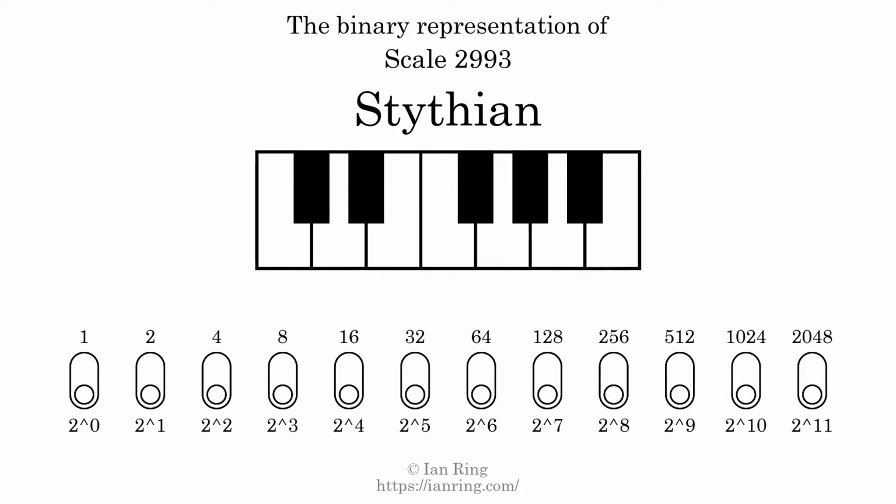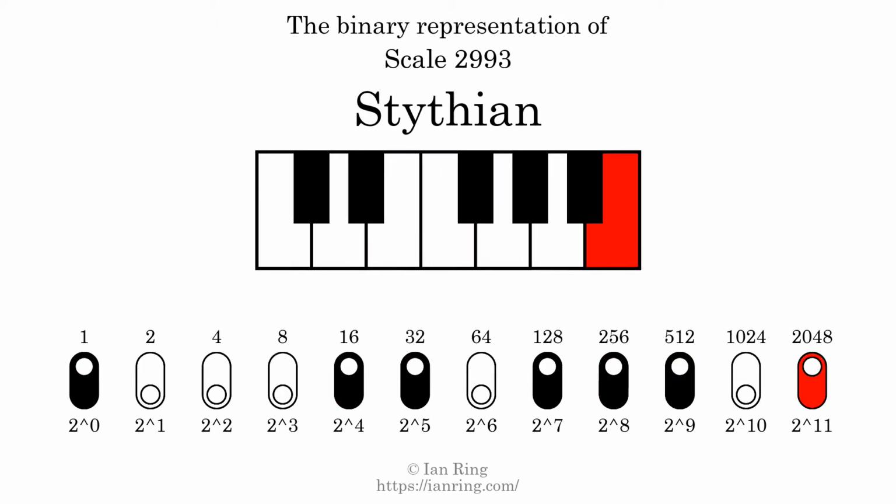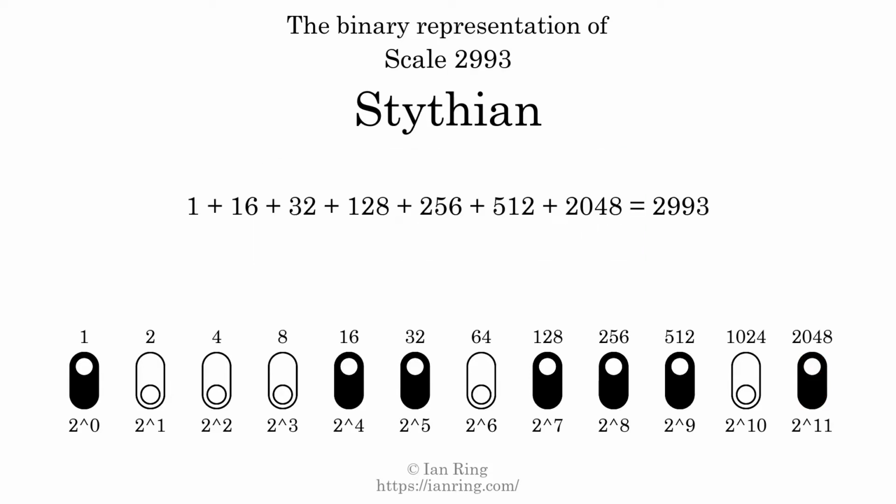The binary representation of this scale is determined by mapping tones of the scale to binary digits. Each binary digit represents a power of 2. To get the scale number, we add the powers of 2 together. The powers of 2 that are present in the scale, all added together, equals 2993. That is why the scale number, in decimal, is 2993. The scale number not only enumerates the scale with a unique index, but it also literally describes the tonal content of the scale. Represented as a binary number in base 2, the scale number is